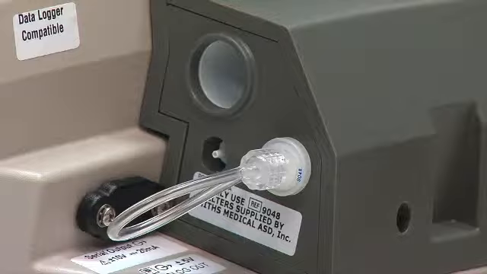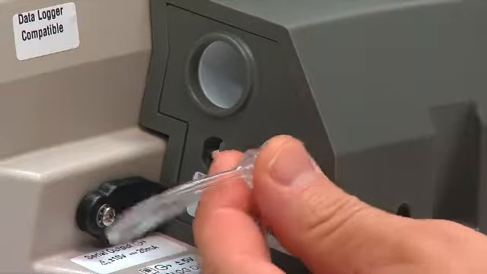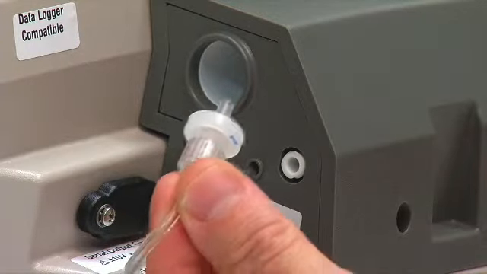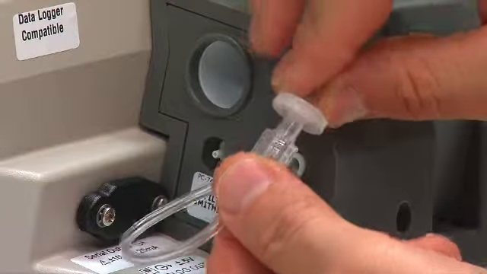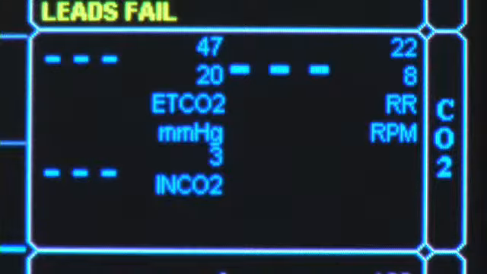It is located to the lower right of the CO2 canister. It is connected to the clear sample tubing by a male luer connection, which is connected to the CO2 module. Gently remove the disc filter from the module and unscrew the disc filter from the male luer on the clear sample tubing. Once all 3 accessories have been removed from the CO2 module, you will inspect the CO2 parameter box